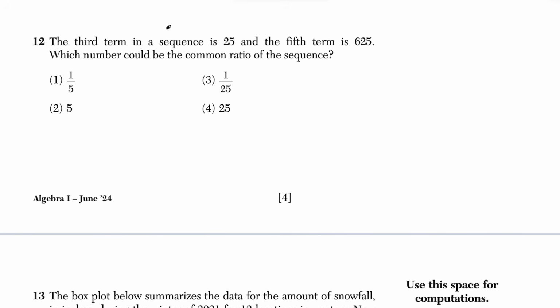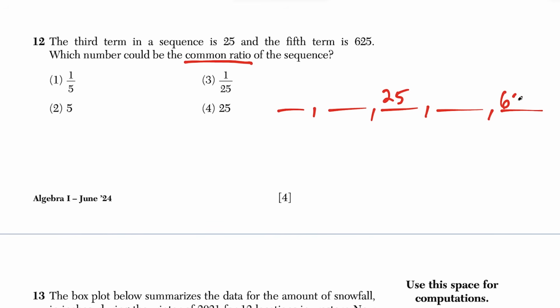Question 12, the third term in a sequence is 25, and the fifth term is 625. Which number could be the common ratio of the sequence? So when they use the language common ratio, they're talking about a geometric sequence. It would have been nice if they said geometric sequence just to really seal it, but the word common ratio is the phrase that's giving away that we should be thinking geometric sequence. So the third term, we'll say this is the first term, second term. The third term is 25. And then they tell us that the